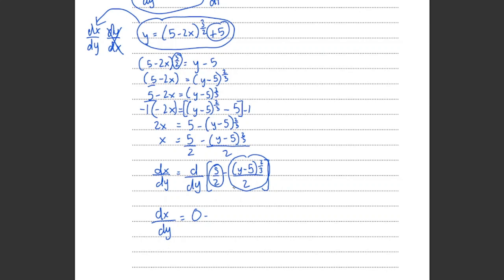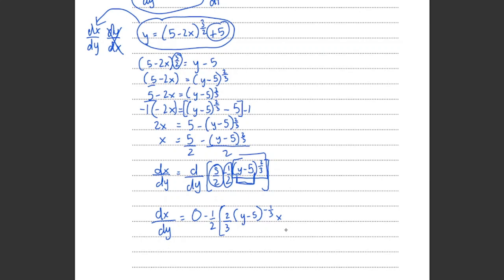and I can basically write this thing as 1 by 2. This 1 by 2 is a constant, so I'm just trying to differentiate this part right over here. So I'm going to have negative 1 by 2, and that 2 by 3 is going to come down over here. Then I'm going to have y minus 5, and we're going to subtract 1 from that power, so that's just going to leave us with negative 1 by 3. So this is negative 1 by 3, and then we multiply this